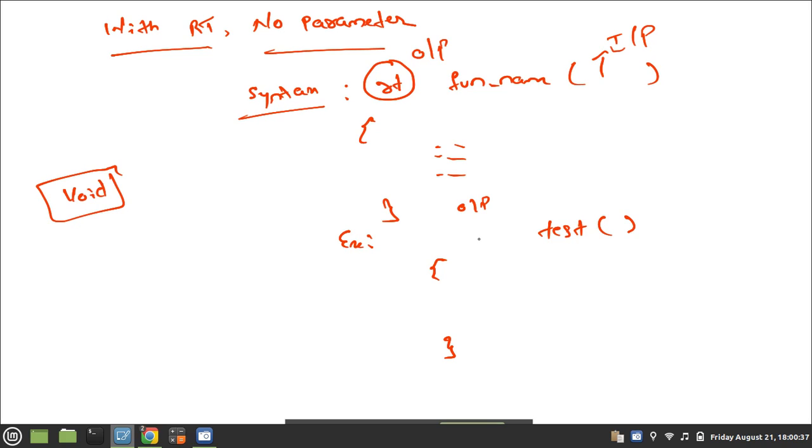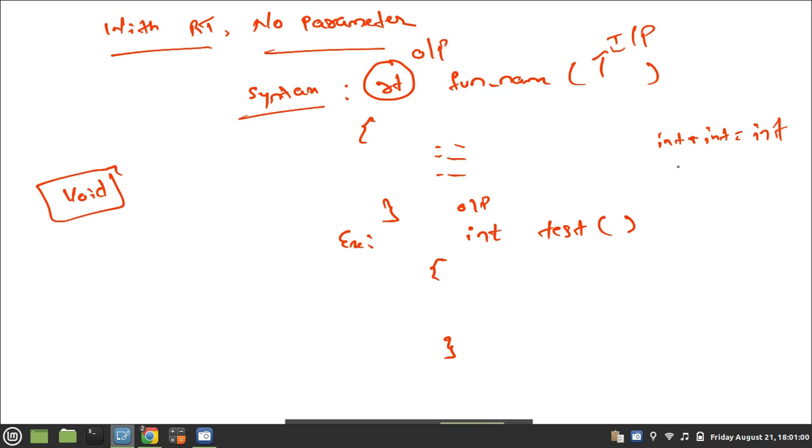Assume that I want to perform the addition of two numbers and send the result back to the calling method. Addition of two integer numbers will give the result as an integer itself, yes or no? So the return type I should mention as int.